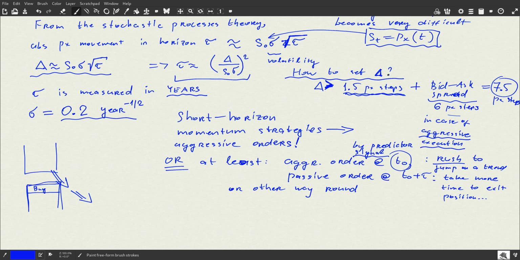Because typically exit times might be a little bit more extended, but still, if your price movements are just like this, a saw-like pattern,